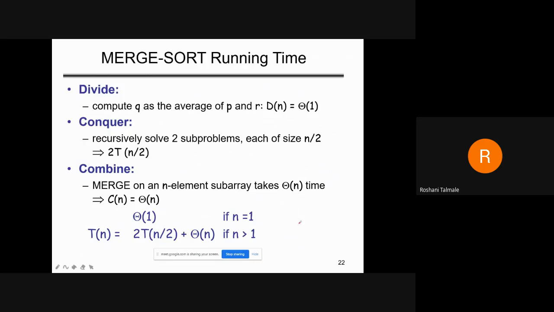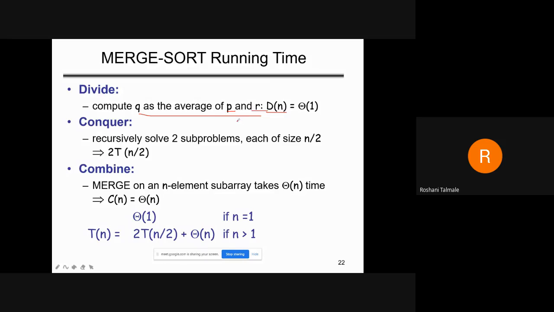This is the basic calculation for whatever we have discussed. But again, what is divide? Compute q as the average of p and r. How much time is required to compute q as the average of p and r? When we generate any procedure, we require some time. So D of n means compute, as I explained. If you know one value of p and one value of r,